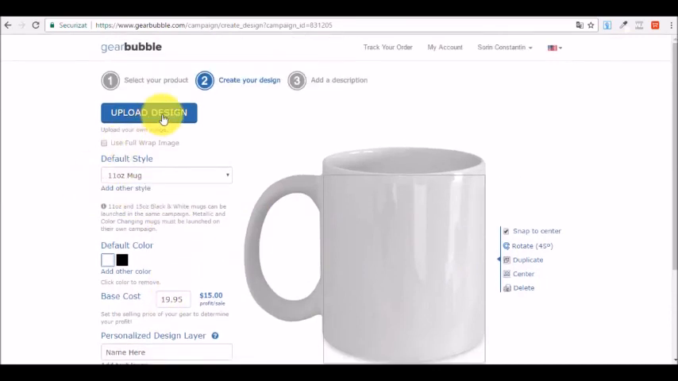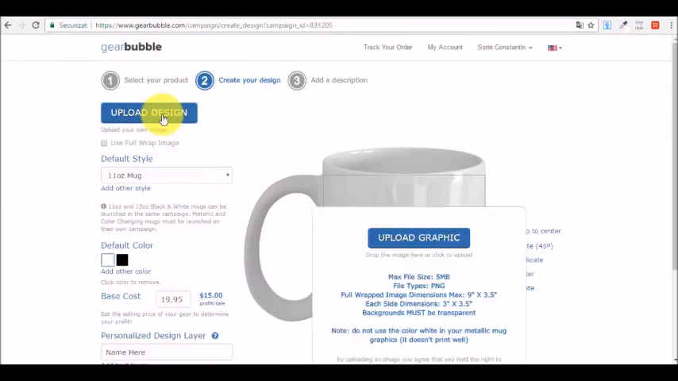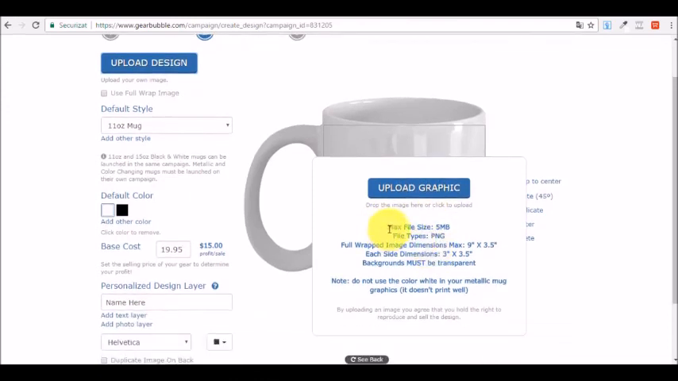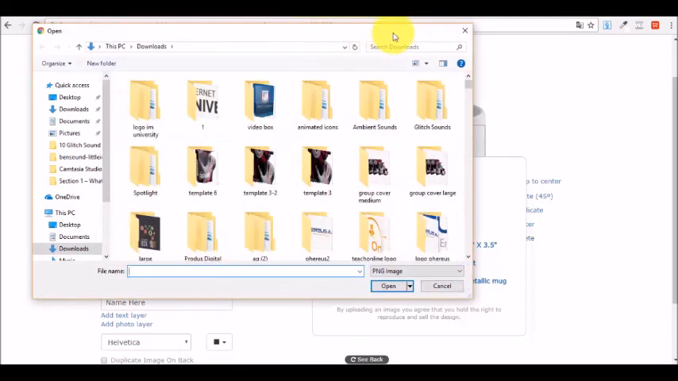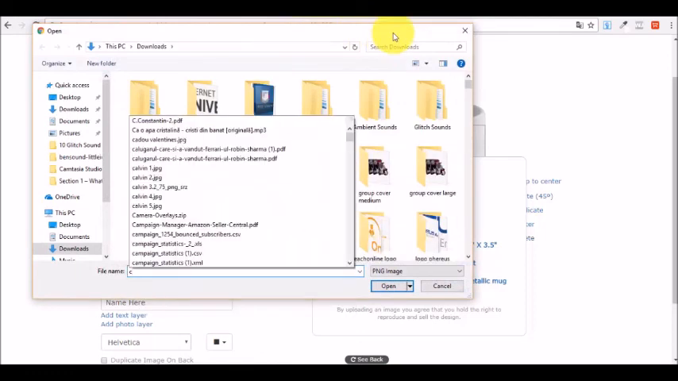Now let me show you how the design looks if you upload a design on it. So let's upload our graphic. You can see that you have some requirements here, like maximum file size, file types, full wrapped image dimensions. Each dimension background must be transparent, logical, okay? So take into consideration these requirements, especially the file size and the file type. And I will just click on this button, upload graphic. I will look for cat. I know that